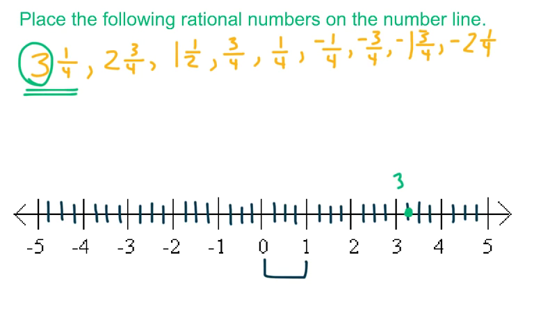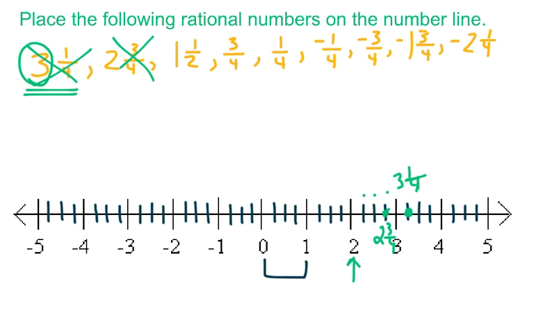Okay, so that's 3 1/4. I'm going to try and write that as neatly as possible. Next number is 2 3/4. So I'm going to go over to my whole number 2, and then I'm going to count over. So if this is 1, this is 2, this is 3. So here would be my 2